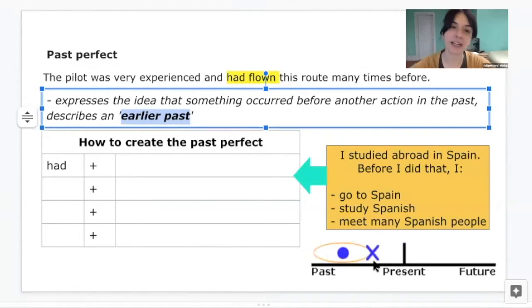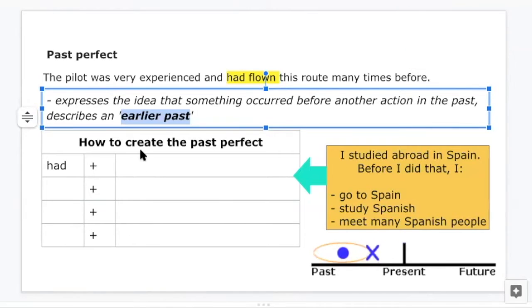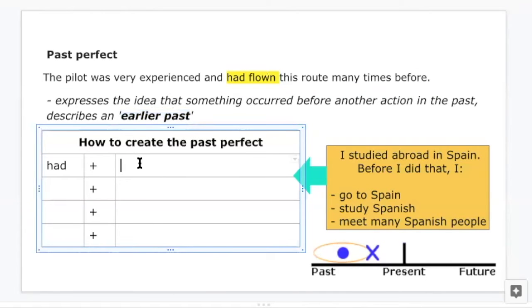So this would be, and in the context of the article we just read, maybe I'm talking to you over dinner, we're in the present moment, and I'm telling you about a time when there was a fake announcement on the plane. We're in the past. But before this fake announcement, the pilot did this. So it's before the main event that I'm describing in the past. Does that make sense?